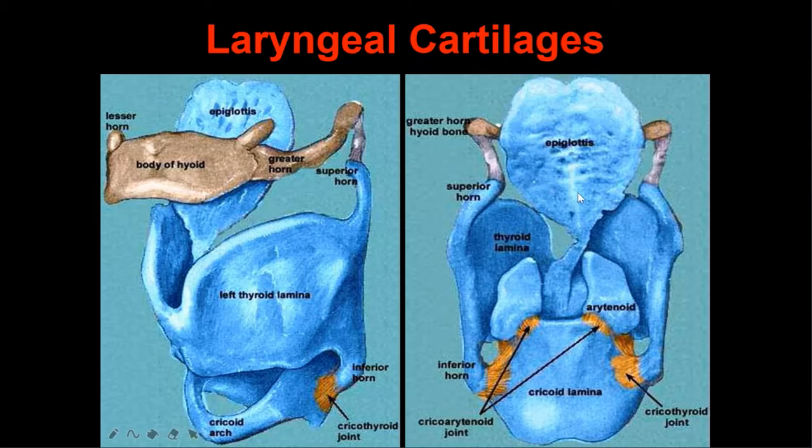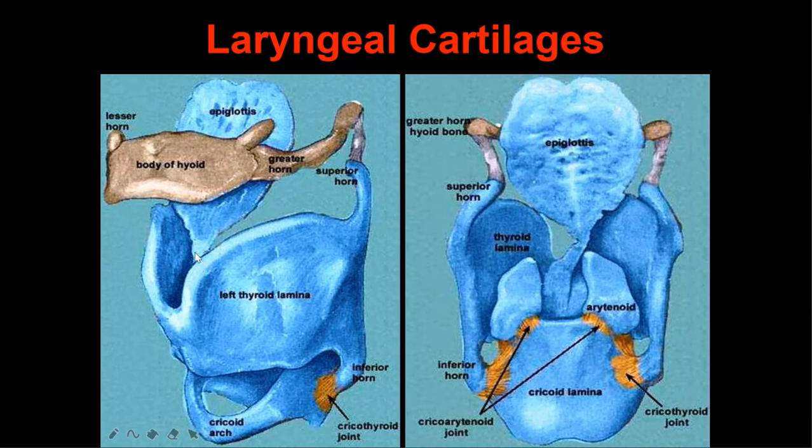So already I told you the epiglottis is formed by elastic cartilage and it is attached to the thyroid cartilage at the anterior end. Here there is attachment of this epiglottis. The epiglottis is also attached to the hyoid bone by the hyoepiglottic ligament. Ligaments are nothing but thick and dense parts of the membranes. Those are called ligaments within the larynx. So the epiglottis attaches to the hyoid by the hyoepiglottic ligament